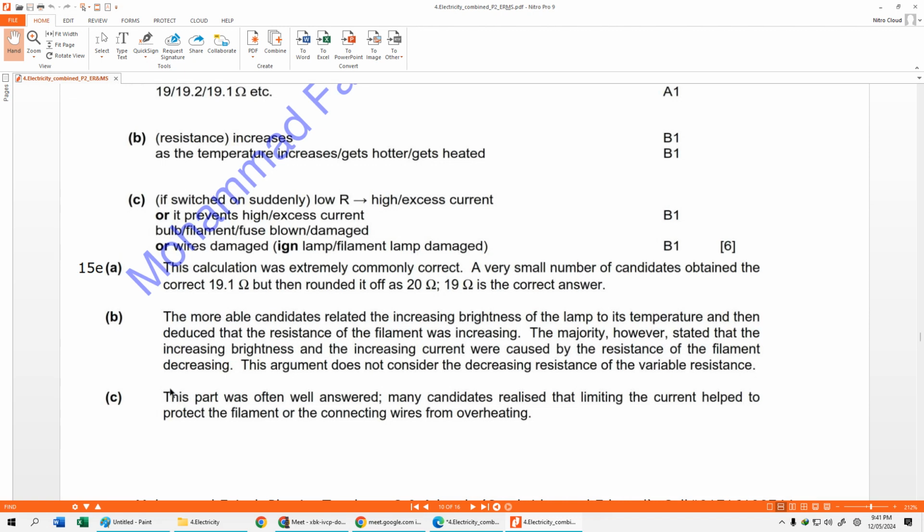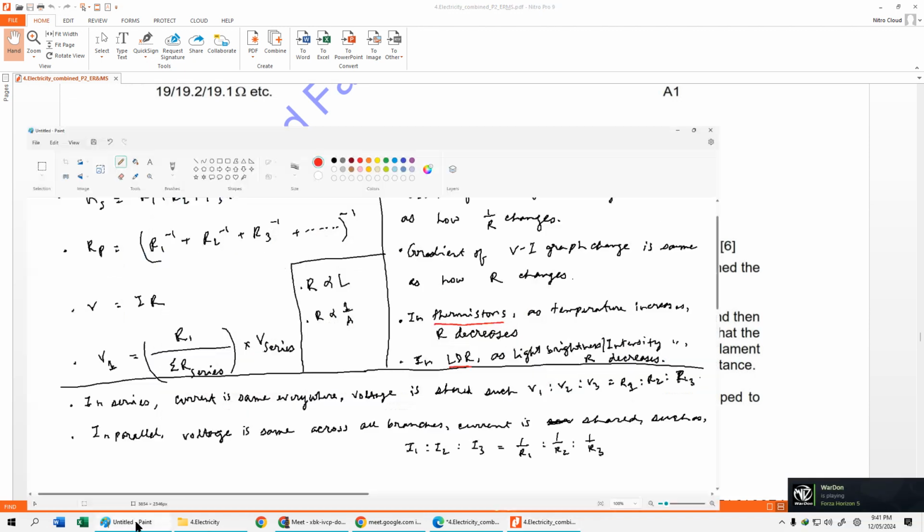আমাদের সি নাম্বার কোশ্চেনটা দেখো। অলদো দিস কোশ্চেন ইজ এ ডিফিকাল্ট কোশ্চেন, বাট দ্য এক্সামিনার্স আর সেইং, sorry, this part was often well answered. Many candidates realized that limiting the current helped to protect the filament or the connecting wires from overheating. So এখানে এক্সামিনাররা দুইটা পার্ট বলছে, একটা হচ্ছে আমাদের ওয়্যার ওভারহিটিং স্টপ হওয়ার পসিবিলিটিও বলছে, অথবা হচ্ছে আমাদের ফিলামেন্ট ল্যাম্পটা প্রোটেকশনের কথাও বলছে।